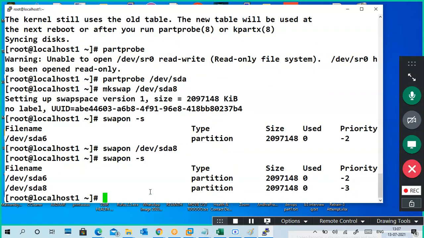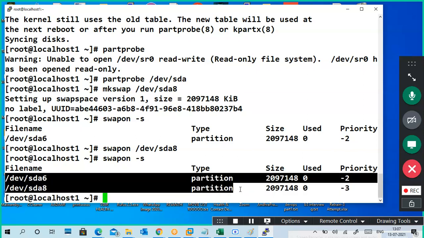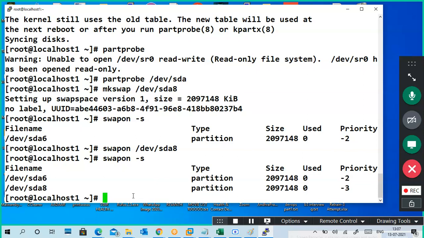Now, yes, see it is. Now both are in swap. swapon /dev/sda8 and swapon -s. The s means it will show all the partitions and their sizes also. You can verify with df -h.